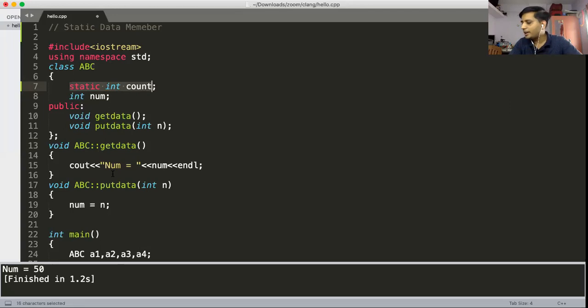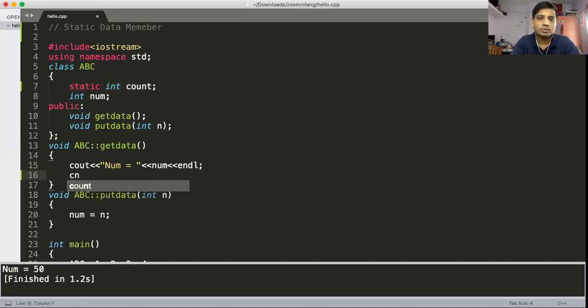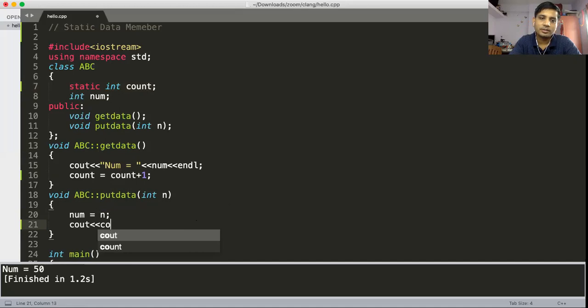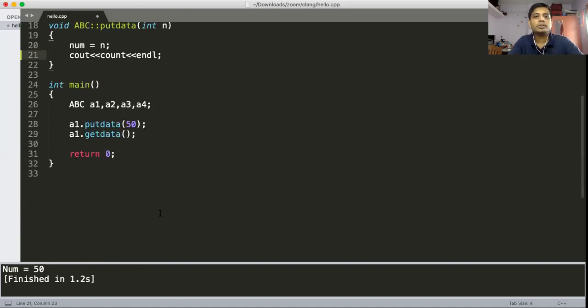I can demonstrate here that it is a shared variable. I put count is equal to count plus 1, and in the get data function I use cout of count.